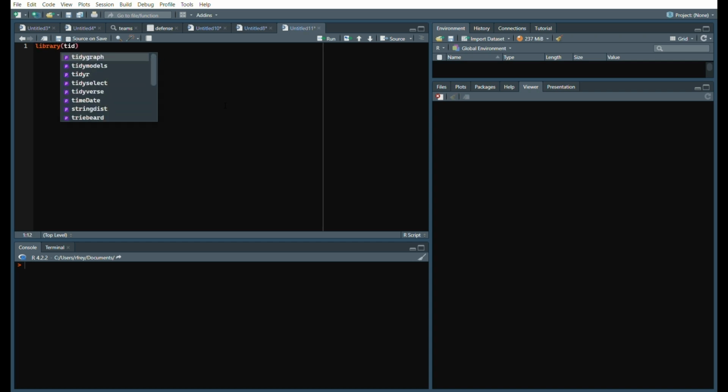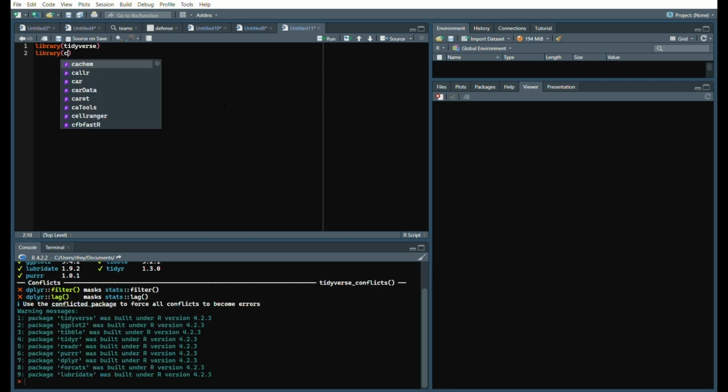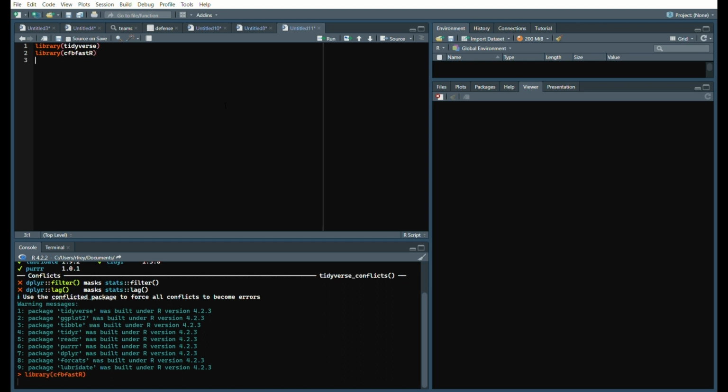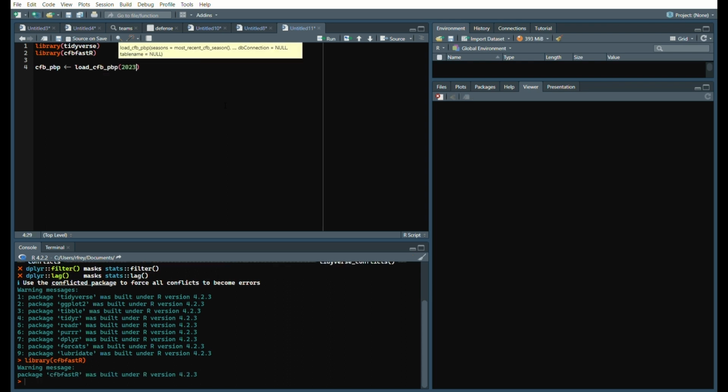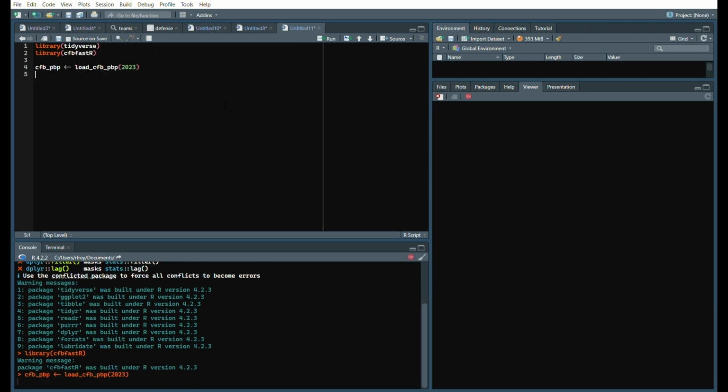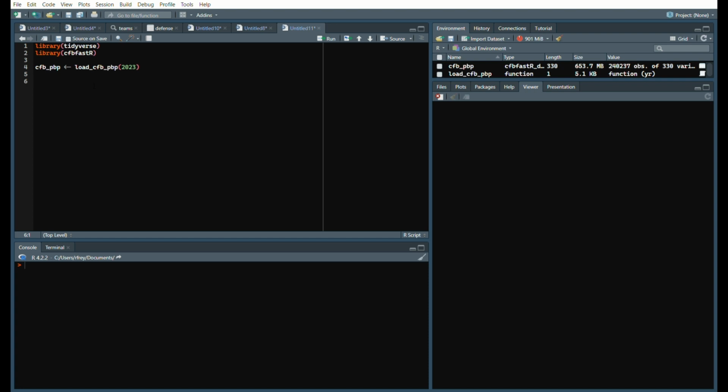Our libraries today will be pretty simple. We'll do Tidyverse and cfbfastR. So shout out to the Sports Dataverse team for cfbfastR once again. We're going to load in our play-by-play data, so load CFB PBP 2023. Run it. Wait for it. So now that we got our raw play-by-play in there,